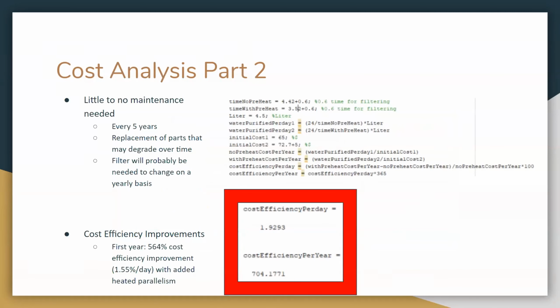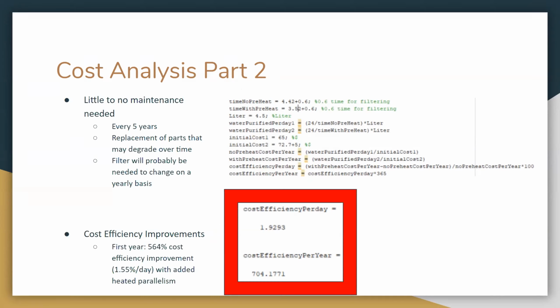So first, there's really no maintenance needed for this flow through device other than replacing parts that are broken or replacing parts that degraded over time. One thing that needs to be changed is the filter, which probably needs to be changed on a yearly basis. So I took this into account with having to change the filter, which cost about $5 per year, into this calculation here to calculate how much more cost efficient is our proposed flow through device compared to the original flow